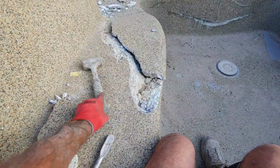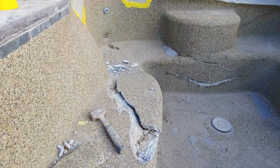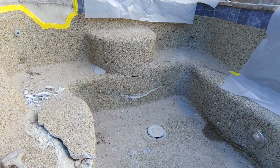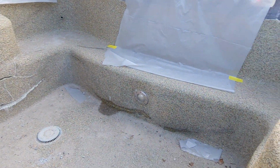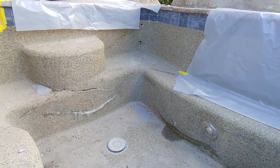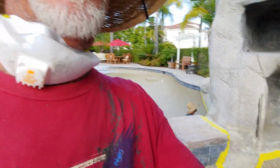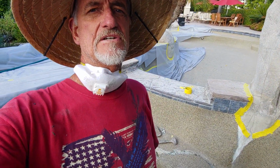But we're trying to help out the customer, get them down the road for a couple miles until they get the big fix, which will be apparently redoing this whole thing, taking all the pebble off and starting over again, and making sure the substrate underneath it is all good to go. So there you go. Just a little how-to again on what's going on out here in the fake rock world,